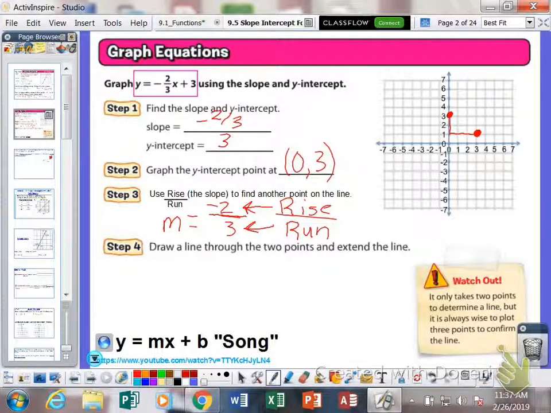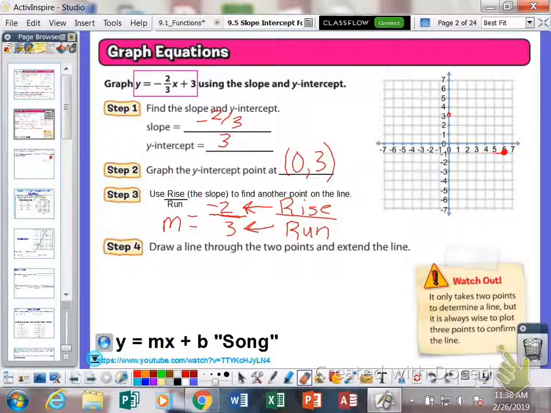Okay, so let's just graph one more. Again, we're going to go down 2, because our rise is negative 2, so we're going down 2 on our y-axis. We're going to go right 3. 1, 2, 3. We're going to have another point here. I'm only drawing these lines in here just so you guys see exactly where I'm going on the graph and why I'm going. So you understand I'm going down 2 on the y-axis and right 3 on my x-axis. So you do not need these lines in your